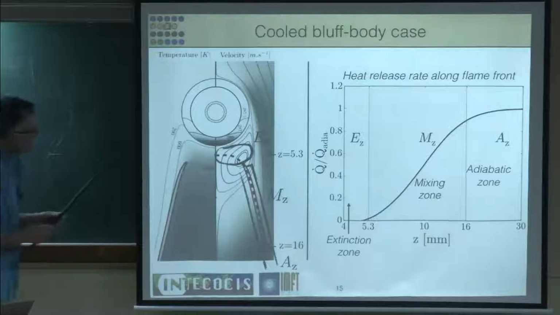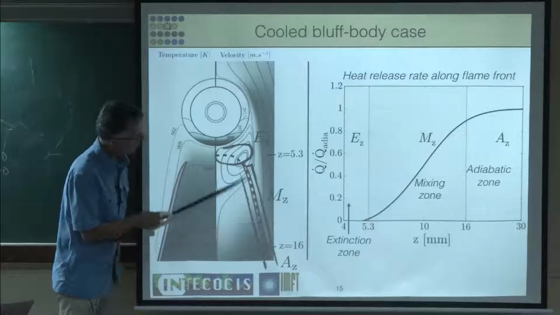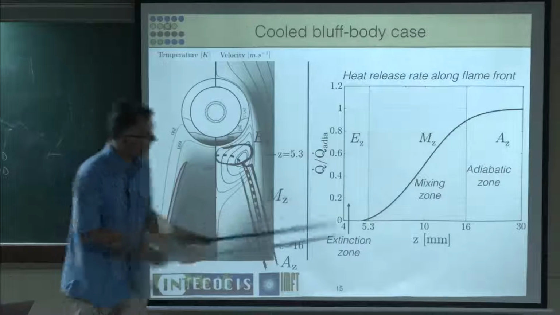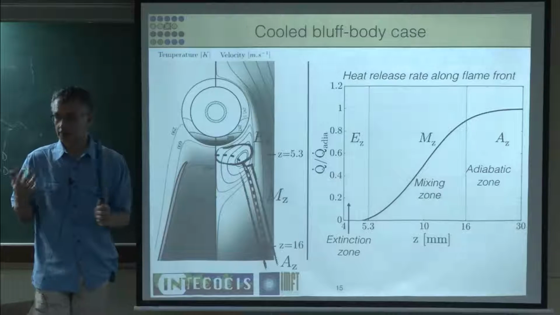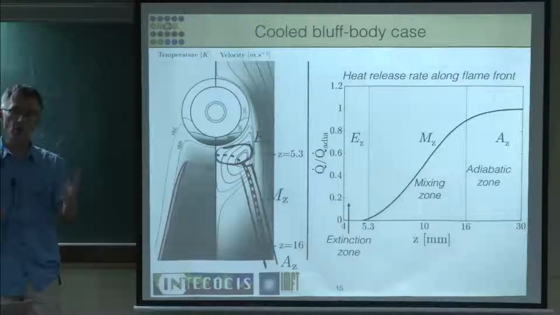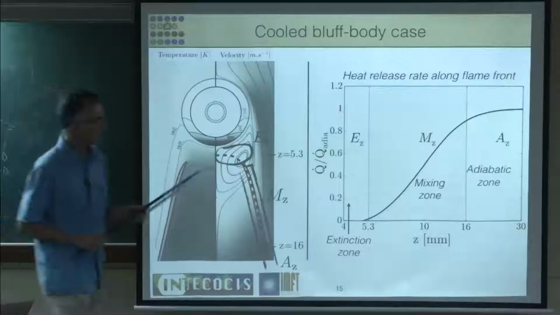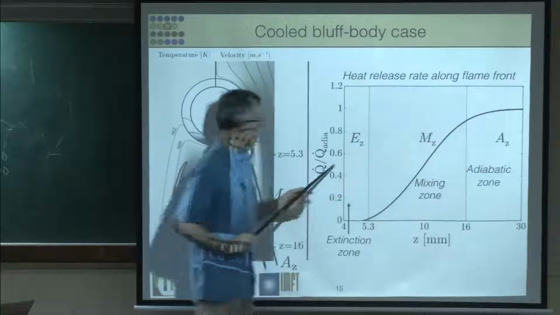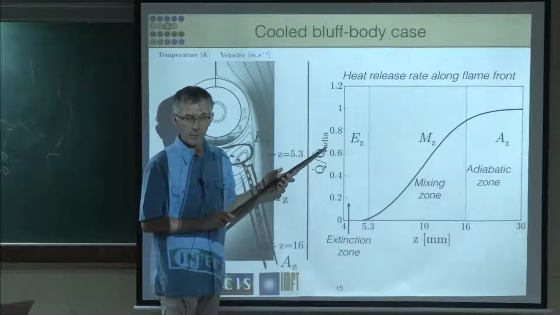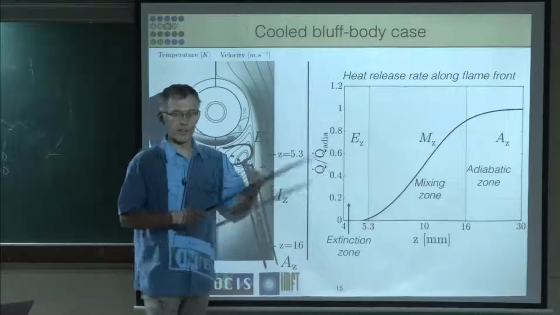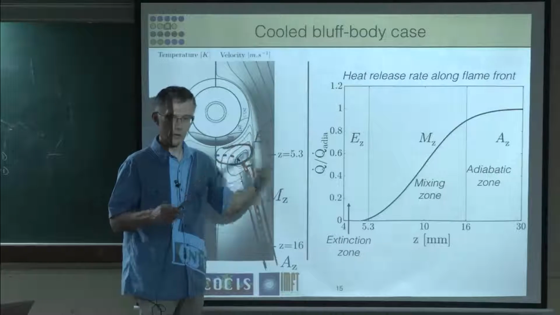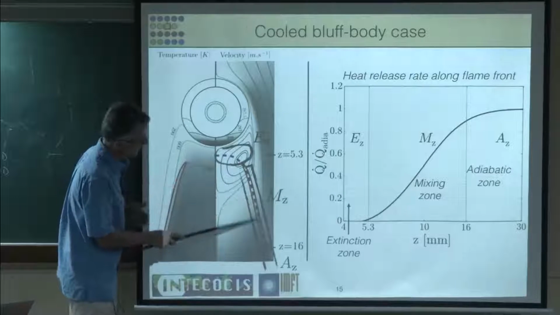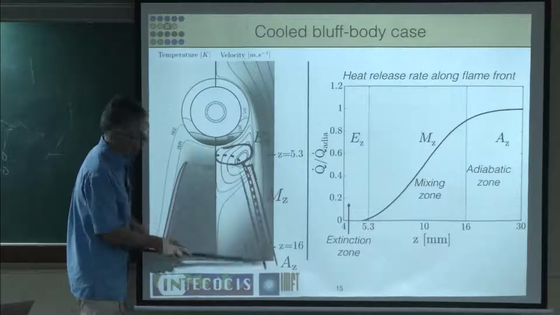Now, you see also that if you travel along something which should be the flame, you have a zone here where you have no combustion. It's an extinction zone. It's a zone where flame-wall interaction is very strong. Then if you go far away downstream here, you find a normal flame. We compute here the adiabatic flame speed, and you see it's reaching 1, which means it's exactly as if you would be in a laminar adiabatic flame. And in the middle here, you have what we call a transition zone where you go from quenched to fully ignited.